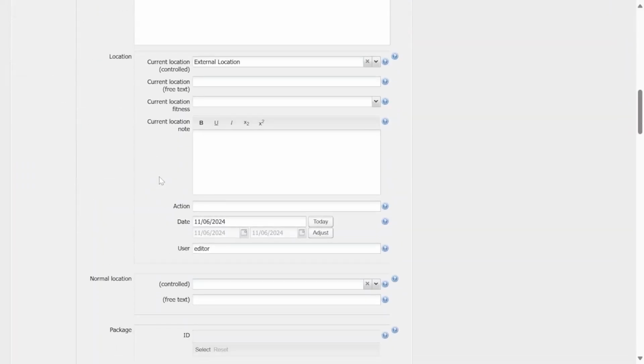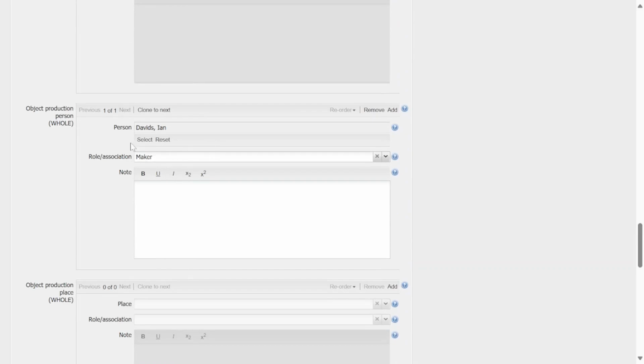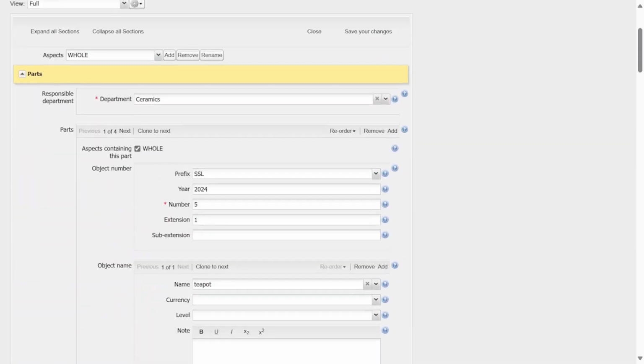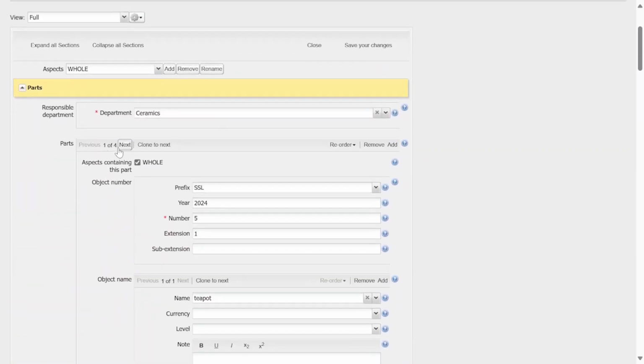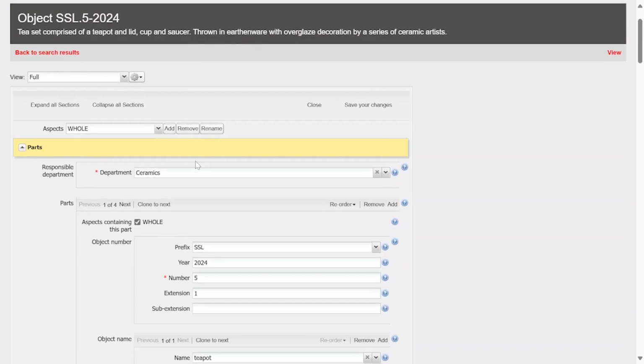So if I scroll down to the production section, you can see I've already added Ian Davids down here as the maker of our parts. And we know he's the maker of all of our parts because object production person here is applying to the whole aspect. We can see there. And each of our parts, looking at one of 4 here, each of our parts contain and relate to the whole aspect. So if I cycle through them, you can see they've all got whole aspects ticked. So we don't need to do any more for Ian Davids on the making front,